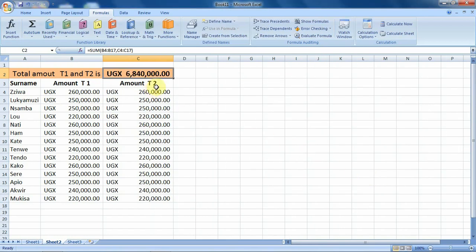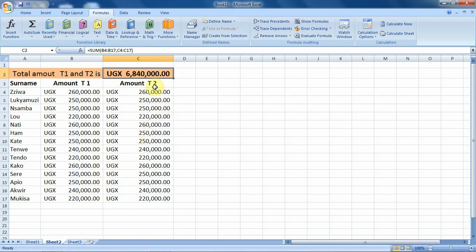When we click on the OK button, we can now see from our cell, we already have the results generated for us. Even from the formula bar, we can see the function clearly displayed there.